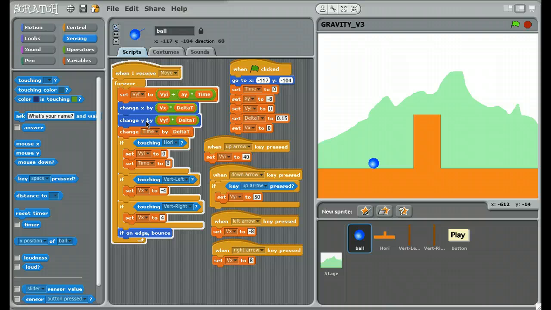difference. Okay, but every time I'm gonna change the time by delta t, that means I'm gonna increase the time by that much. But if the ball is still touching the horizontal platform, these two will be set to 0 again. So that means in the y direction, there won't be any motion as long as it's touching, right? If it's touching this, it's not moving, right? But if it's not touching, see